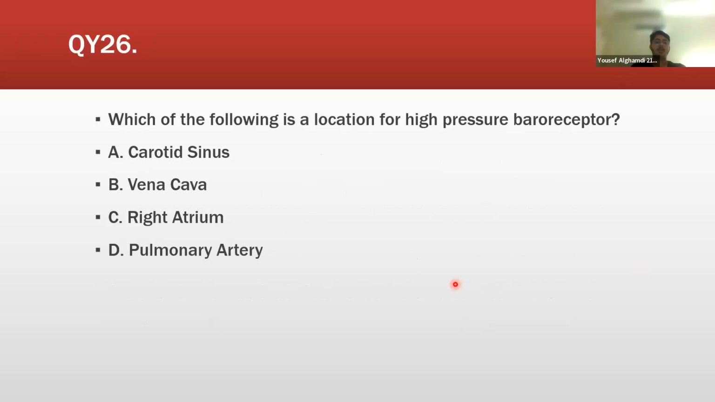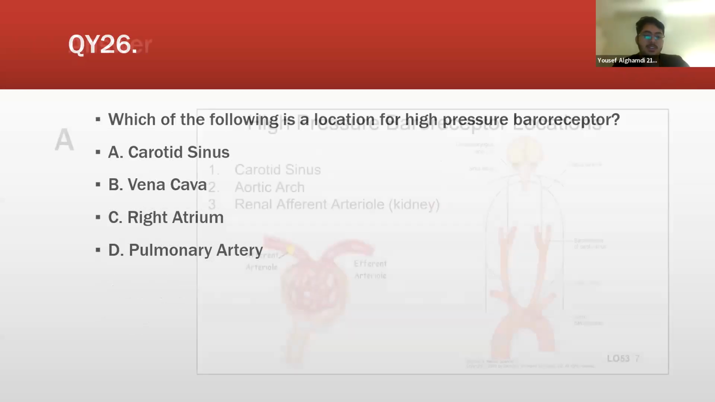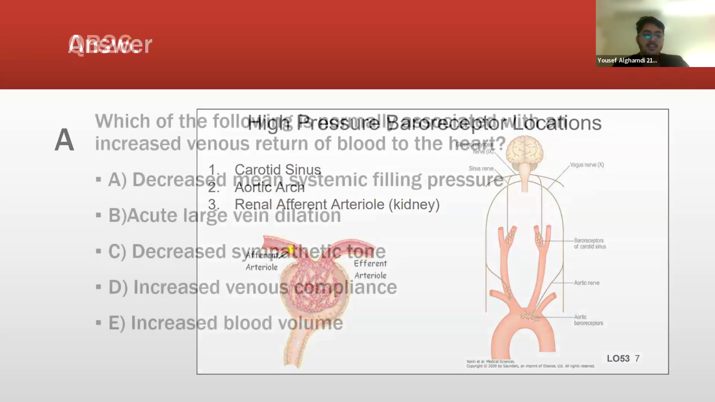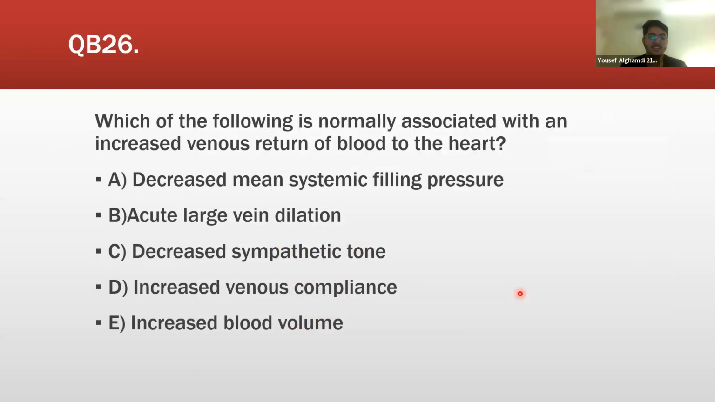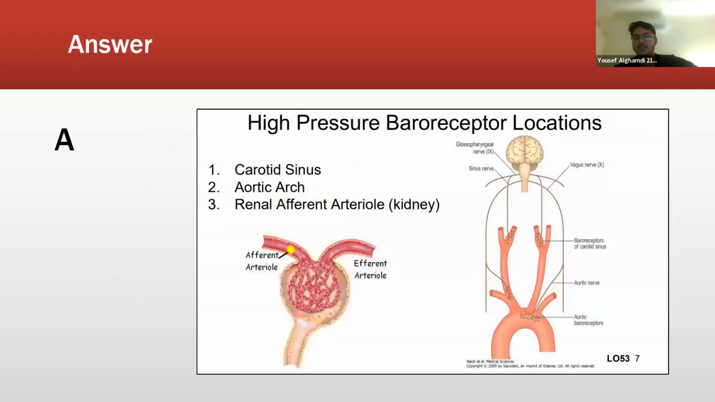Which of the following is a location for high pressure baroreceptors? This is from the slides. What about the low pressure baroreceptors? Don't explain the low pressure yet, there's a question for it. So these are the high pressure baroreceptors: carotid sinus, aortic arch, and the renal efferent arteriole or the